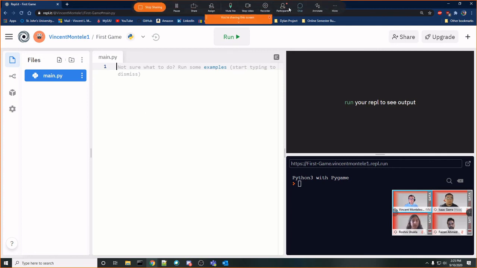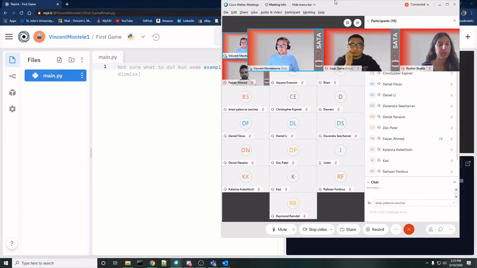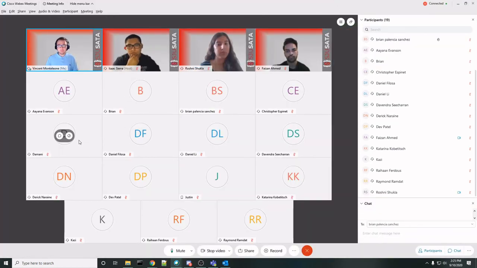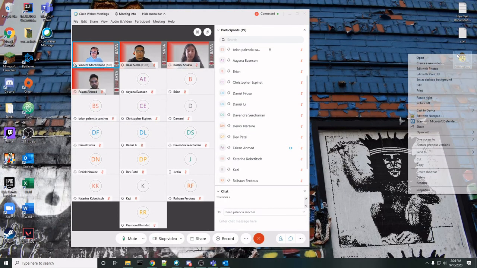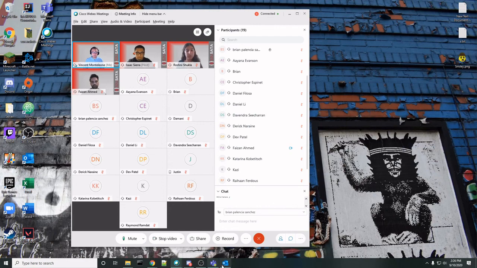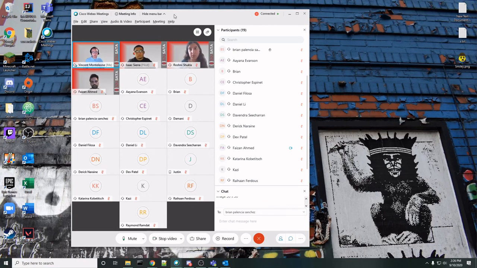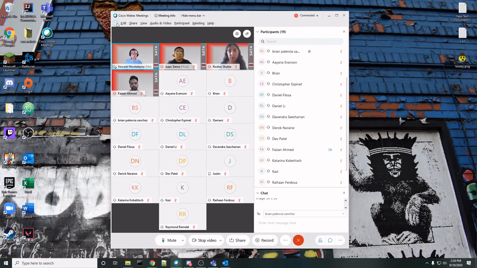So right now, before I go into actually coding up this game, I'm going to say to have an image ready. So I'll give you guys two options. I will be providing an image for all of you guys that you can download, or you can go ahead and try to get a small image. I'd recommend, if I were you, getting an image that's about nothing more than 50 by 50 pixels. So 32 by 32 works, 50 by 50 works. I'll be sharing an image that is 50 by 50 pixels. So if you want to access this image, at the top of WebEx, there's a tab that says File.